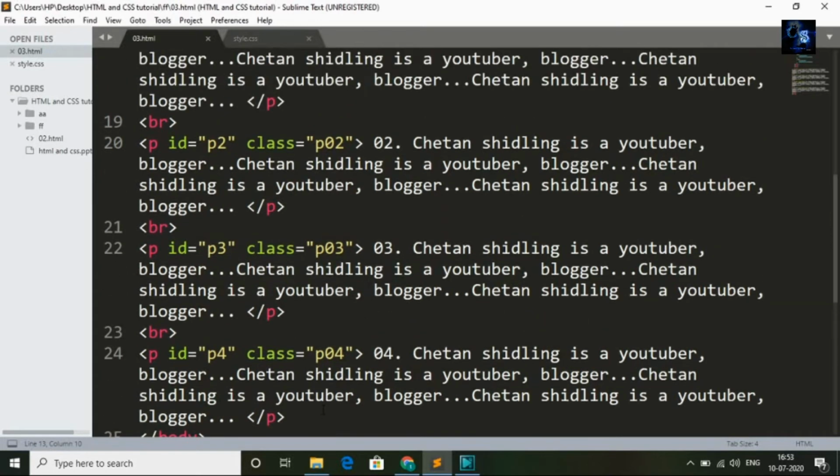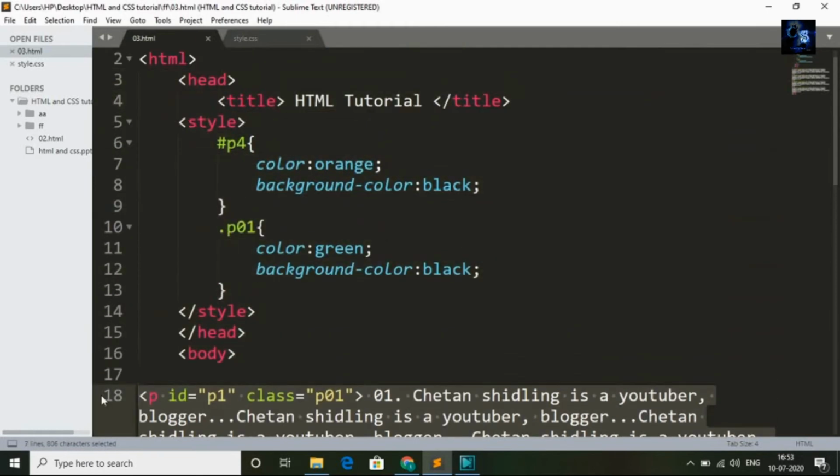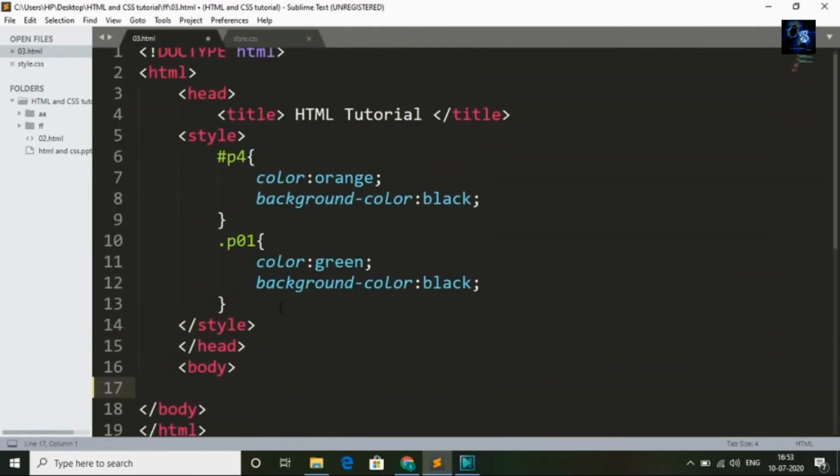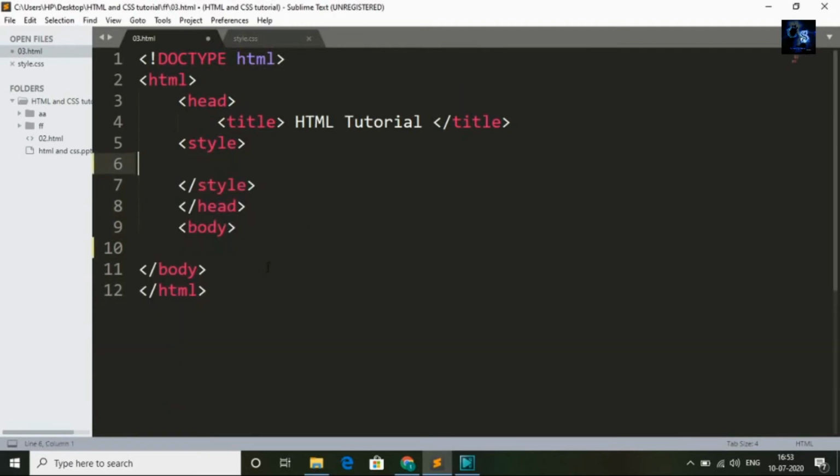First of all, I will delete this paragraph, and I will also delete this CSS. Now I will create one link. I will add my website link.